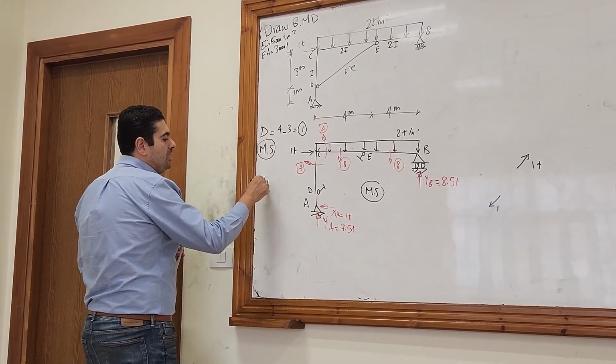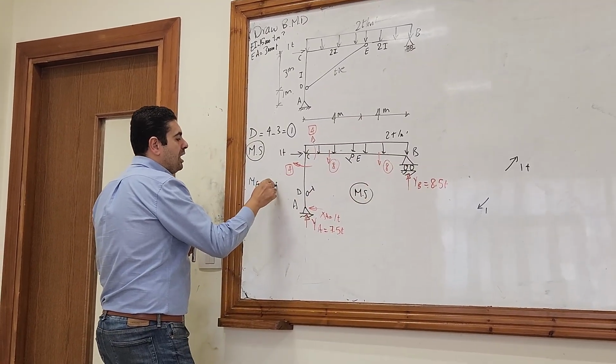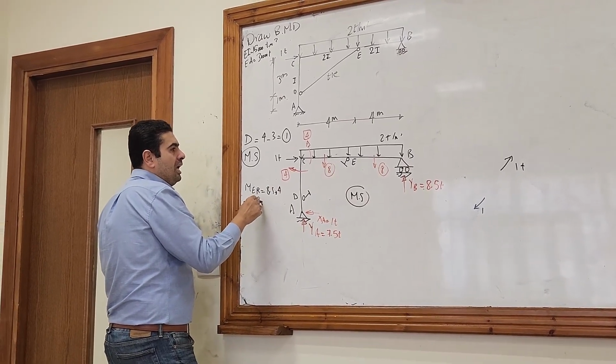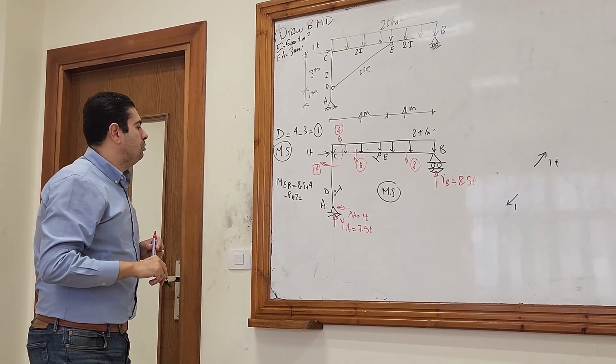So I have to calculate the moment at point E. So ME, let's calculate the moment from the right. It will be equal to 8.5 multiplied by 4, and minus 8 multiplied by 2, which will be equal to